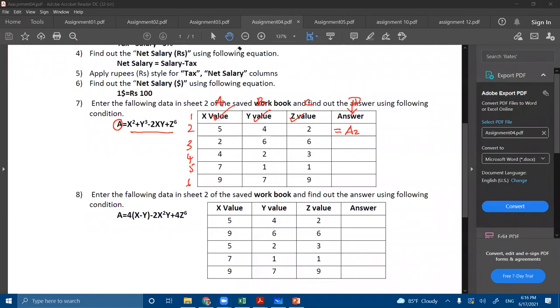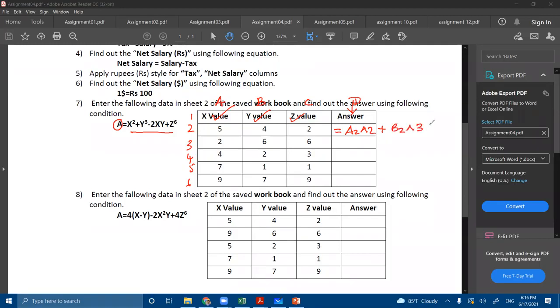No need for superscript. Just 2 with cap. Then plus. Then Y cube. Here Y is B2, no? B2, then B2